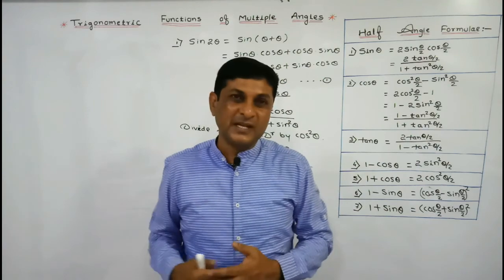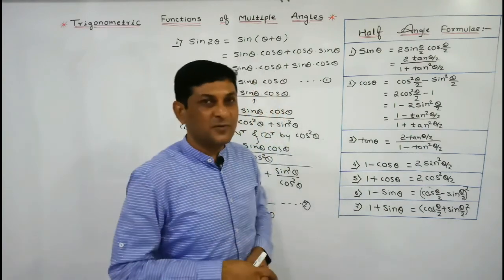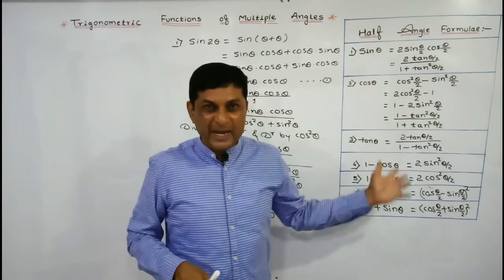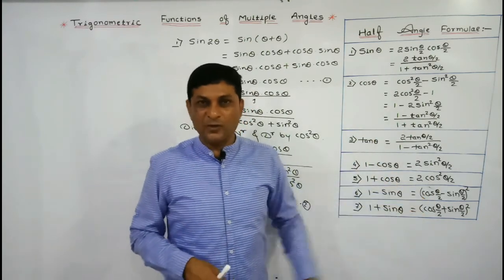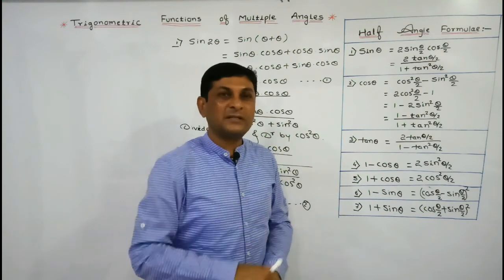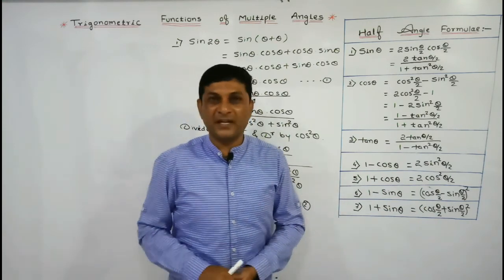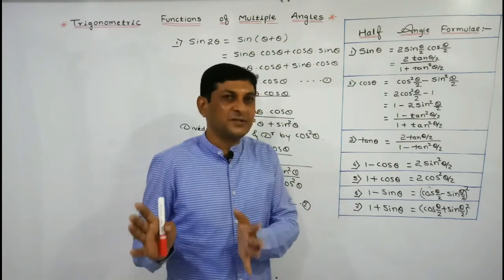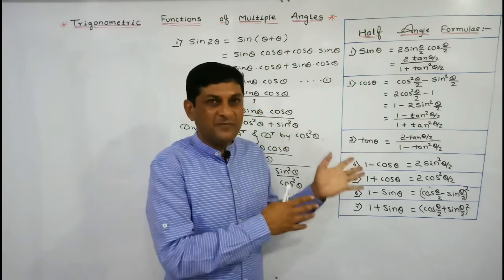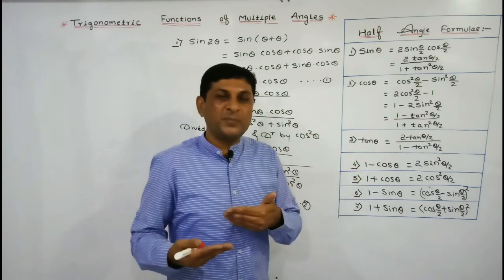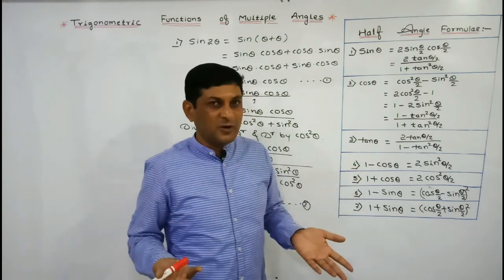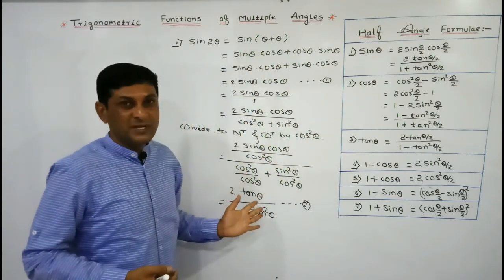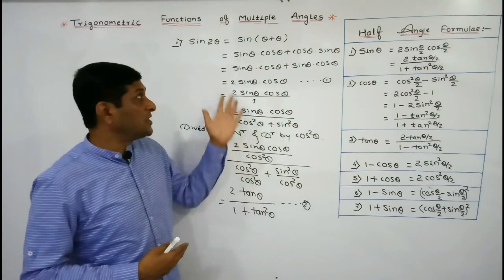Half angle formulas. Since the half angle formulas and double angle formulas are exactly the same, with only minor changes, as I just told you, the proofs of the double angle formulas and half angle formulas are also the same. So we are not going to prove all the formulas, I will just introduce you to the method to prove the half angle formulas. Means you have to copy all the proofs of double angle formulas to prove what? Half angle formulas. Some formulas we have already proved here, the double angle formulas, which I have not erased.